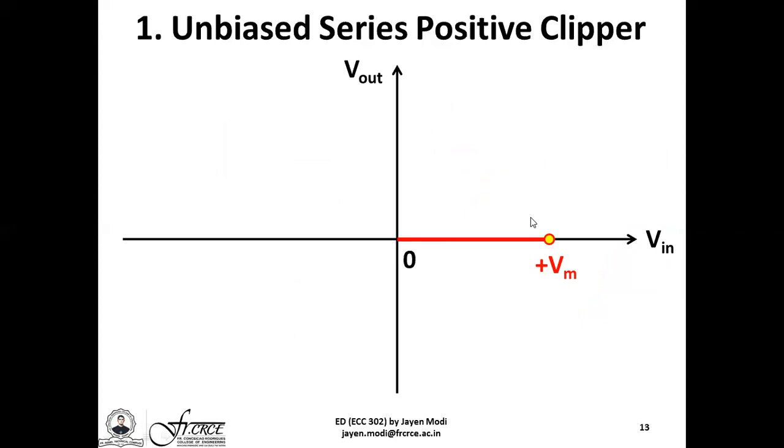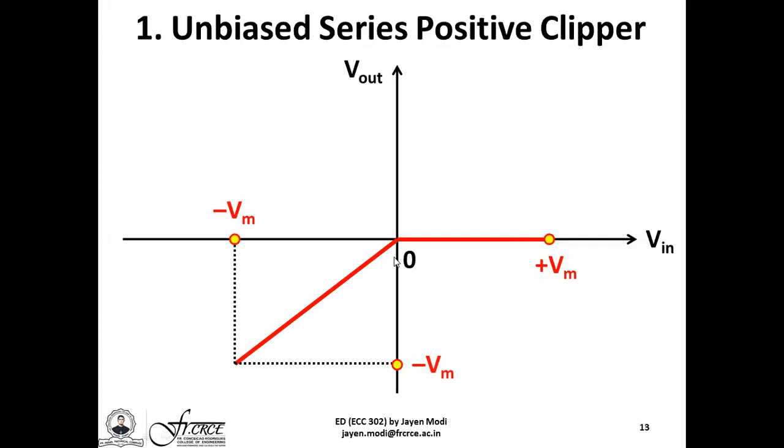However, when the negative half cycle appears, the diode is now working in the forward bias mode of operation, due to which it is acting like a short circuit, allowing the entire negative half cycle to appear exactly across the output terminals in the same way. So the voltage transfer characteristics will be a typical horizontal flat line in the first quadrant, but they will look somewhat like this in the third quadrant.